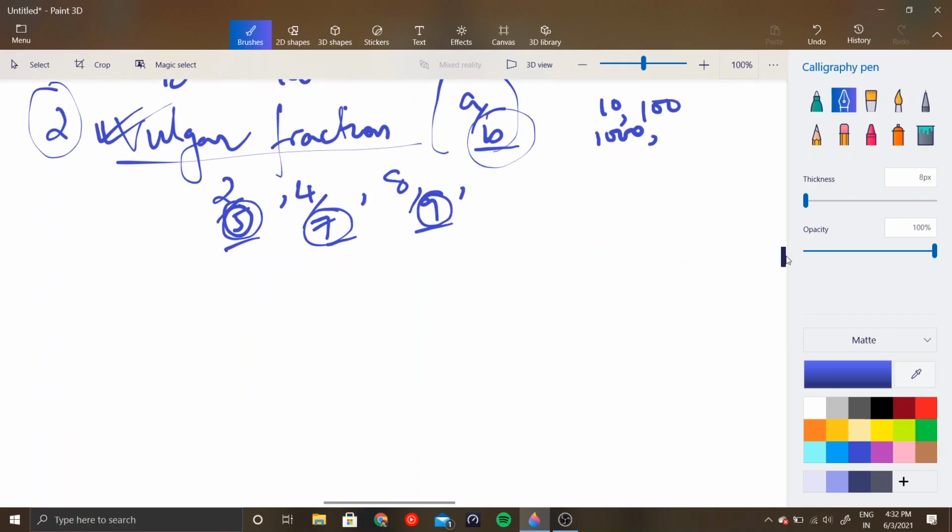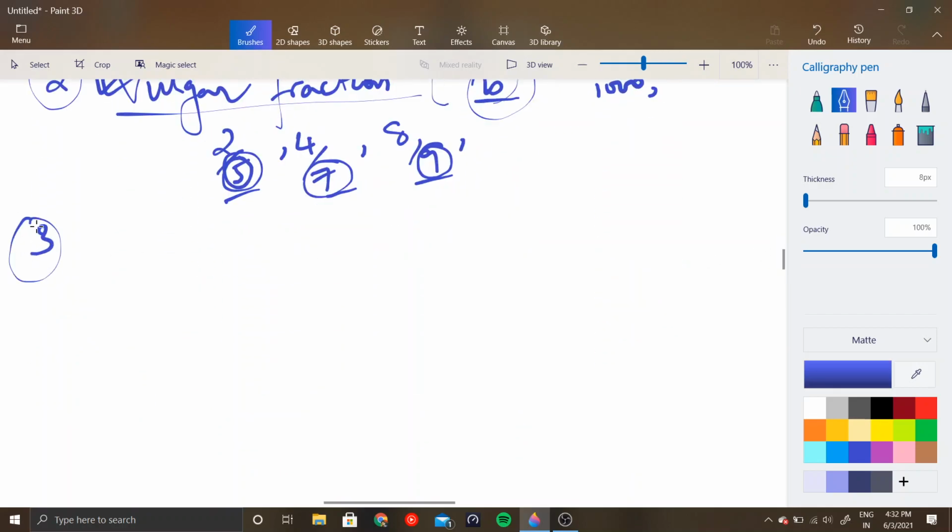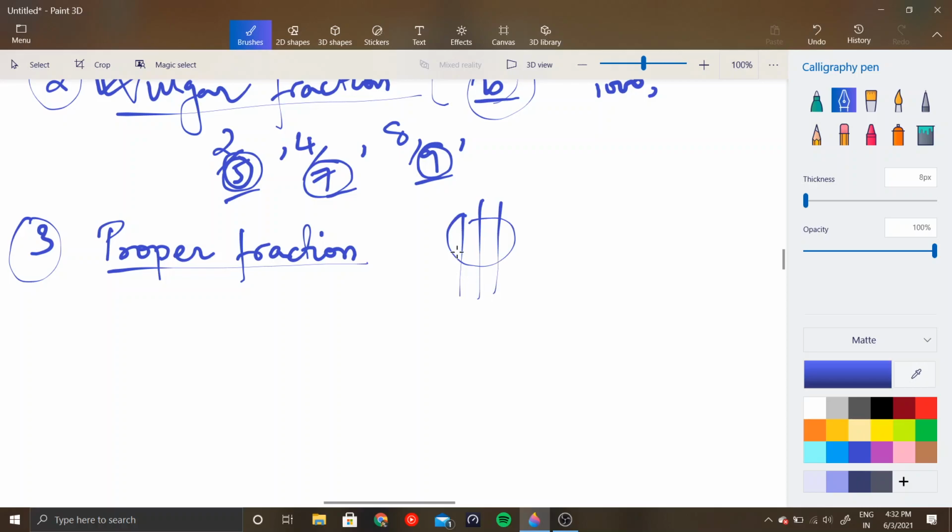Okay. Now let's continue. The third classification is proper fractions. And these are important. The next three classifications are important actually. What is a proper fraction? I told you while explaining that we had a cake and we divided it into parts. So the denominator was always greater than the numerator. You cannot have a 6 by 5, right? You cannot divide a cake into 5 pieces and feed them to 6 people. For that you need to divide it into 6. So this is what proper fractions are.